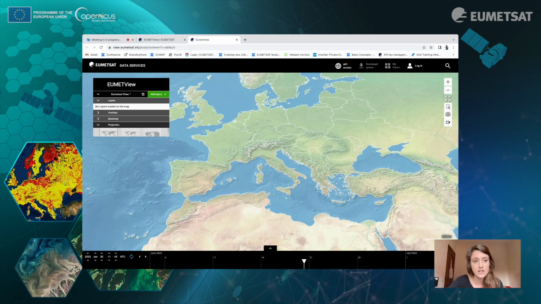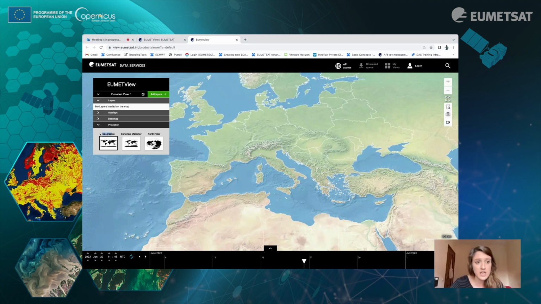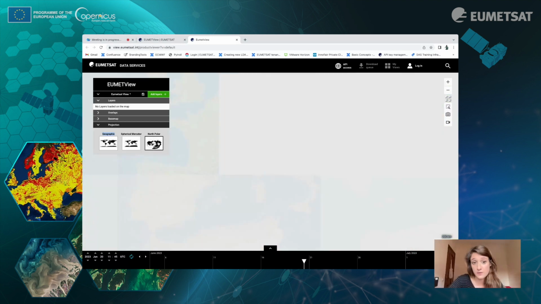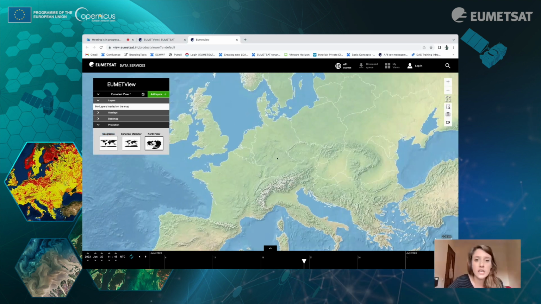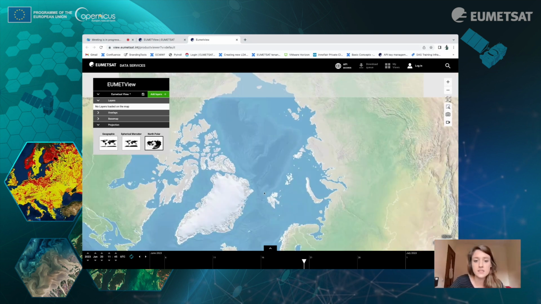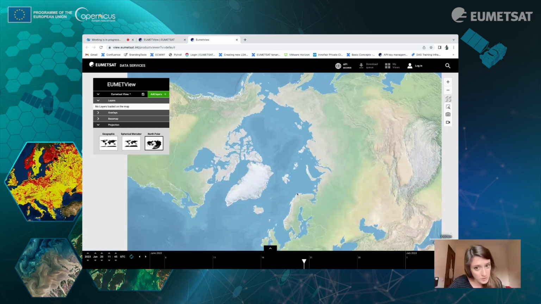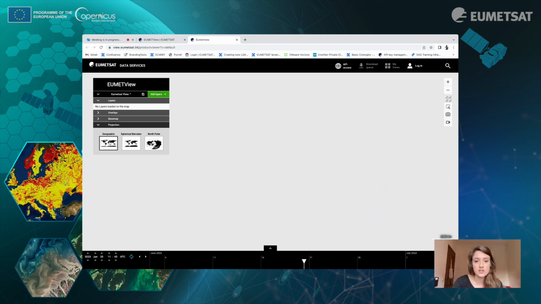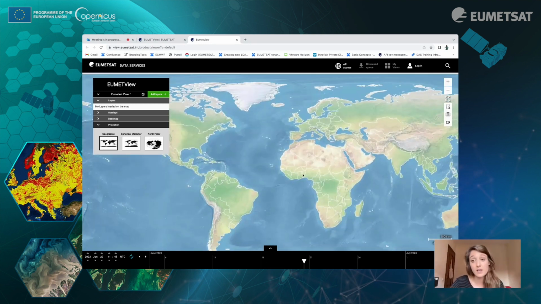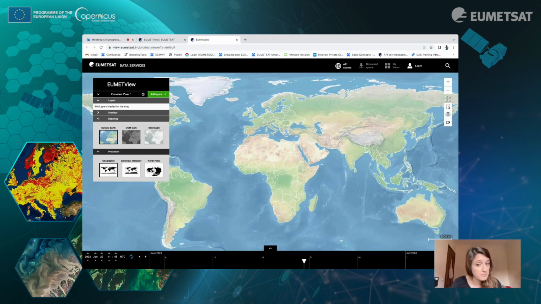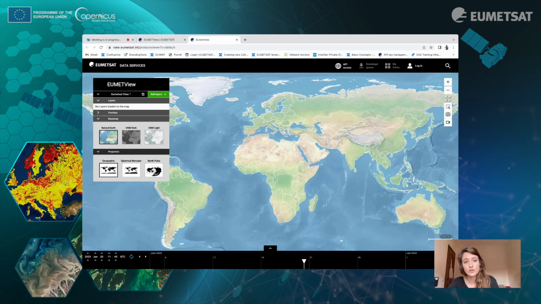We have projections right here. We have different types of projections. We have the geographic, the spherical, and the North Pole. For example, the North Pole, if you are working with data in Svalbard, for example, or the Arctic sea ice, then these are your projections, and they can be really comfortable. I will use just the geographic as usual. We also have different types of base maps that you can use depending, of course, on the types of layers that you're using.